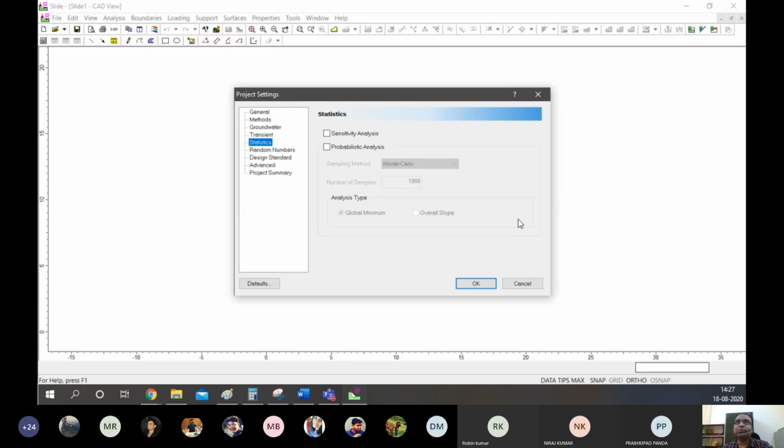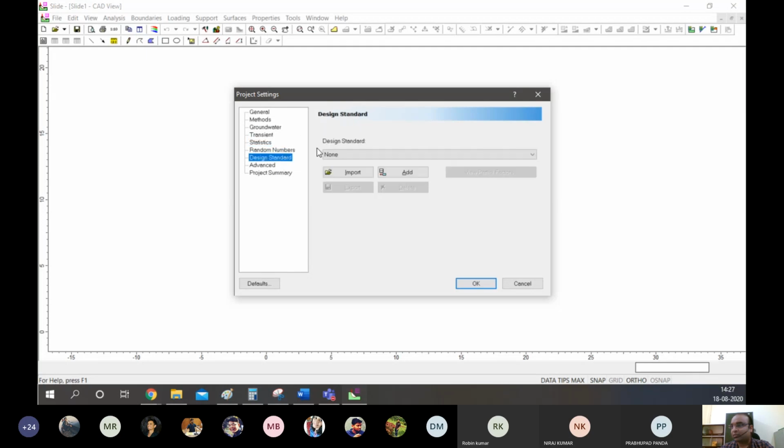Deterministic analysis means you basically find a single value, right? Probabilistic analysis means you find the probability of this event happening. So what is the probability of failure, or what is the probability that this slope will stay safe? When we talk in terms of probability of failure, we go for a probabilistic analysis, and that is done under the statistical toolbox here.